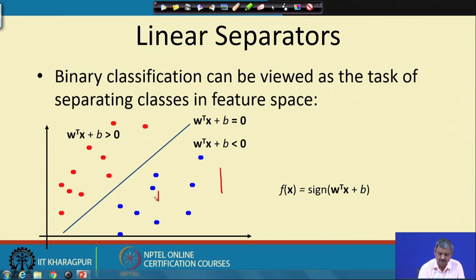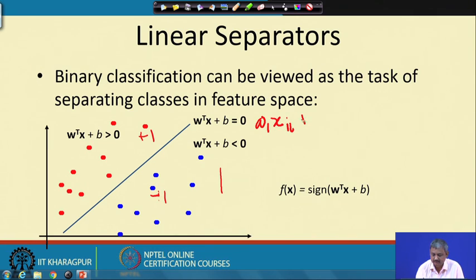Sorry, I have marked it the other way around: one class has a y value of plus 1 and the other has a y value of minus 1. I will introduce this. If we recollect, in our last discussion we said that W1